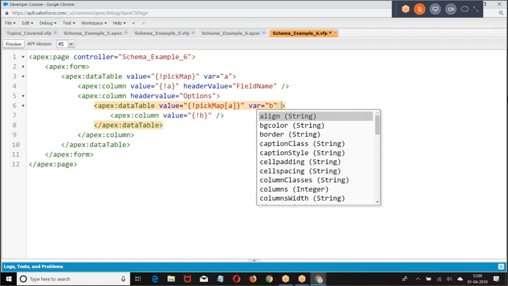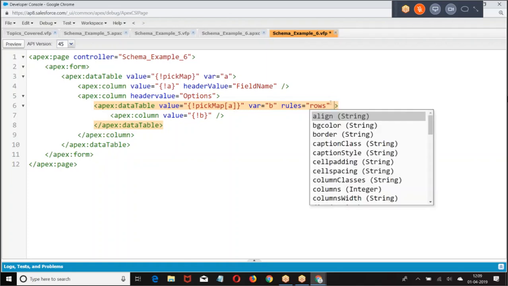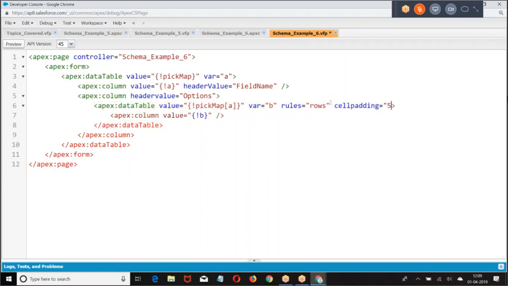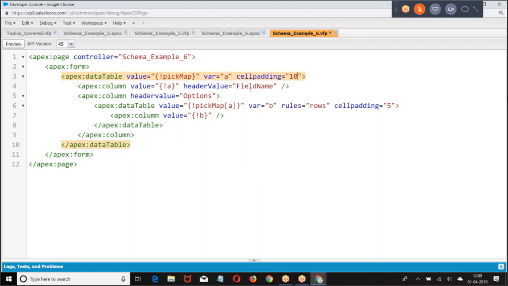Then I give here, then here I give cell padding 10, rules rows.